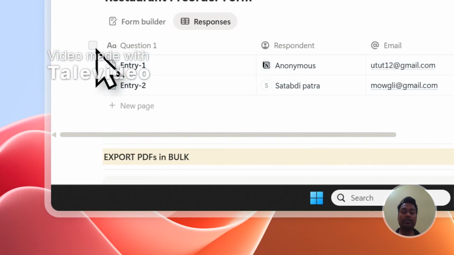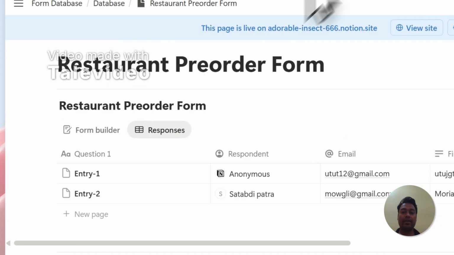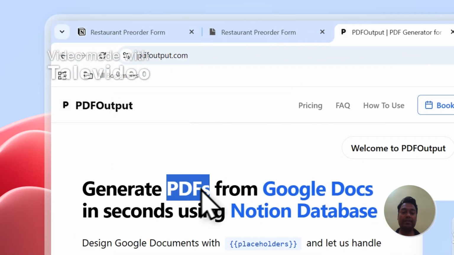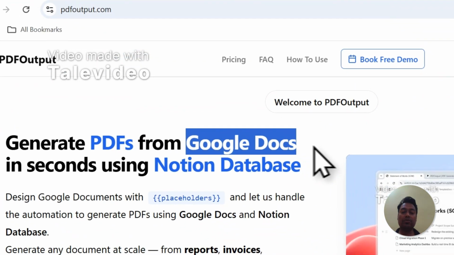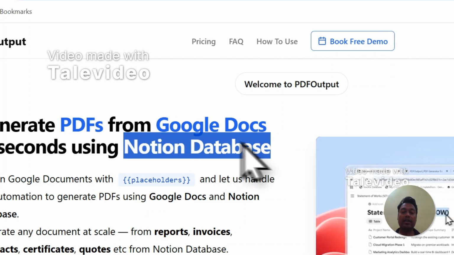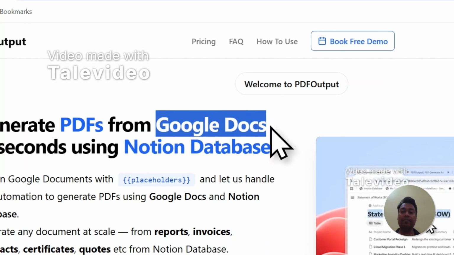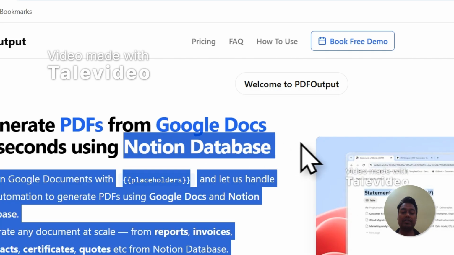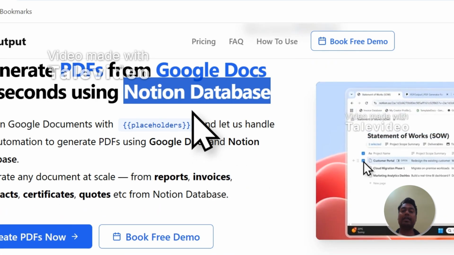What we're going to do today is we're going to convert these responses into PDF files completely in automation. For this, we'll be using a tool known as PDF Output. This will help us create the PDF files on automation with the help of a Google document and a Notion database. A Google document is where you will be editing the template and you will be creating the template to convert to PDF. And a Notion database is where you will have all the information that can be converted into